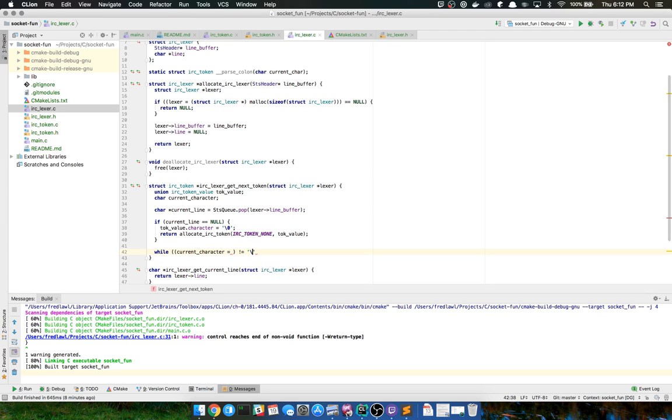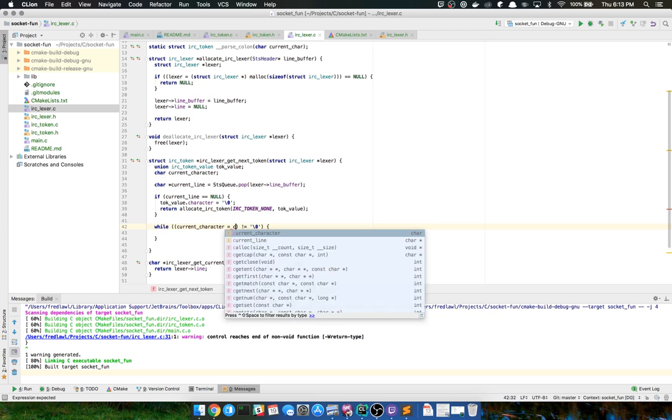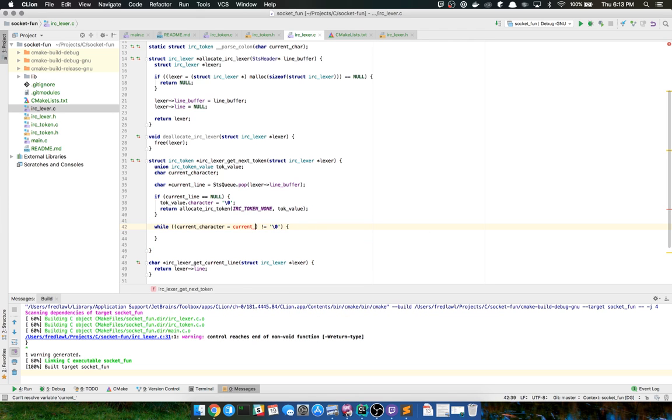So if it's end of line, let's see here. Current character is equal to the current line plus plus. This maybe might work.